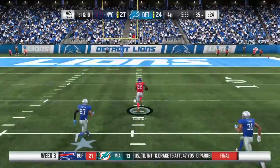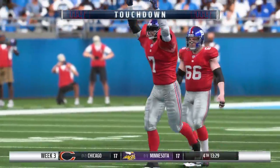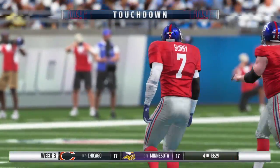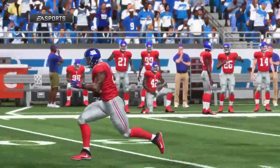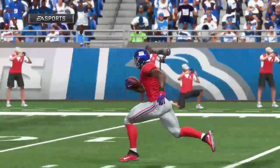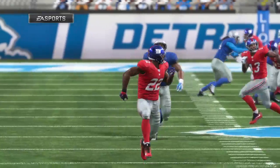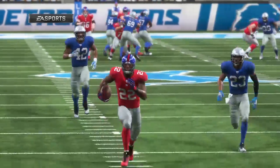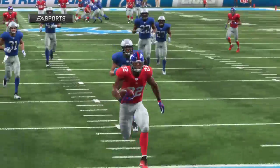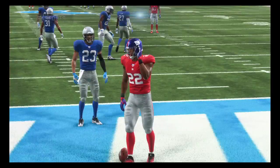And this will be caught at the 30. Touchdown, Giants. A great effort there, his first touchdown of the new season. And the Giants add on to their lead. And that was just a fly route. There was no stop. He just went. Yeah, and it was beautiful to watch because you have to set it up as you go along. Everyone knows he's fast, so you play him for that. That's the number one thing you want to take away. But as you go through a game, sometimes you...